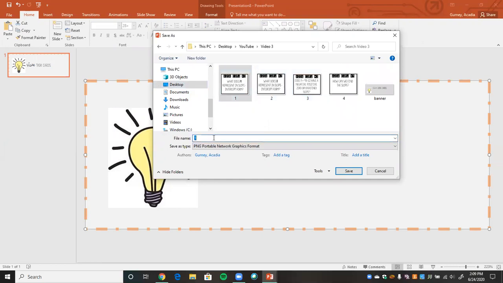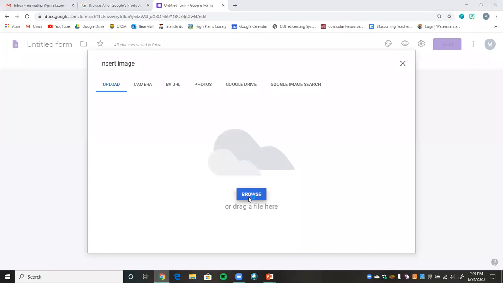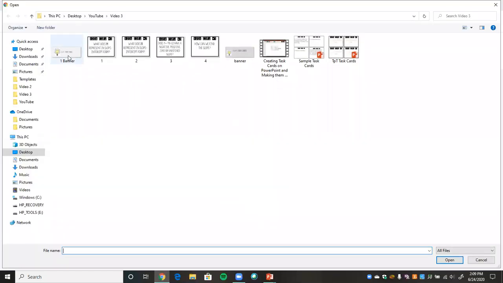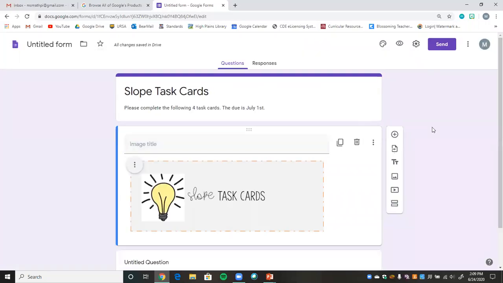let's just save it as one banner. So now we can browse and then submit it. Okay, so then what that does is it gives you just like a little bit of the picture. So once students start looking at it, they have like a cute little fun thing to look at instead of